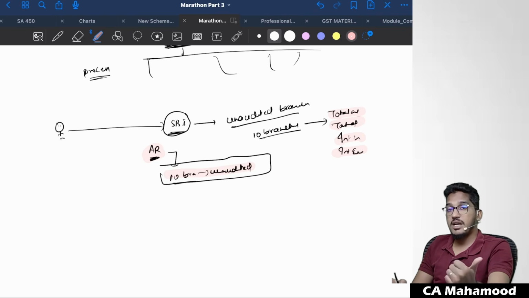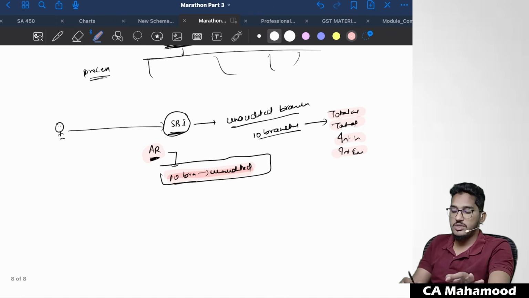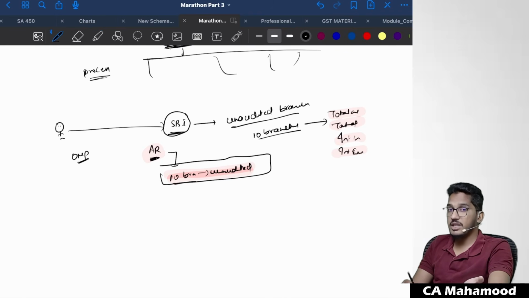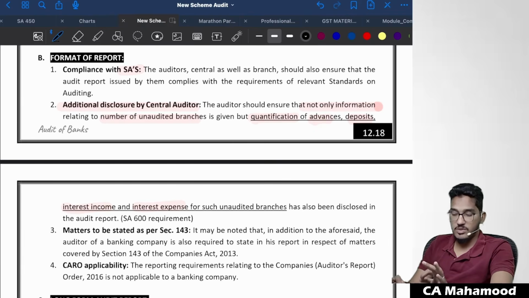But I have a doubt, in which paragraph will you report? Okay, the rules are telling you that you are required to report this information, but in which paragraph will you report it? Generally, the other matter paragraph. Why? Because we use the other matter paragraph for responsibility related matters. So this is a disclosure regarding a responsibility related matter, so we can happily discuss that in the other matter paragraph. So whatever it is, this extra disclosure is required to be given.